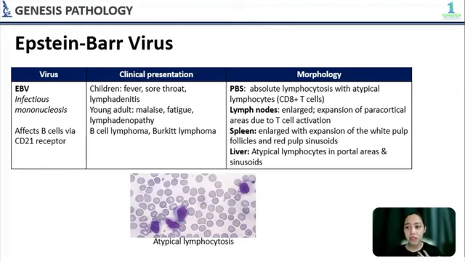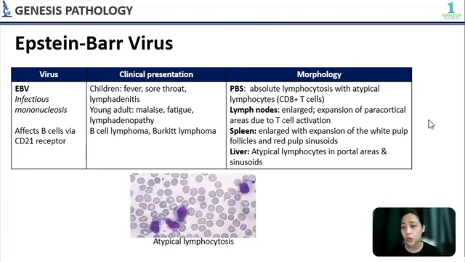Because this affects your lymphocytes, you can also expect changes in the lymphoid organs. For example, our lymph nodes enlarge in EBV infection, and the area that expands is specifically the paracortical area. Review your anatomy and histology, no? The paracortex is the area in the lymph nodes where there are many T cells.